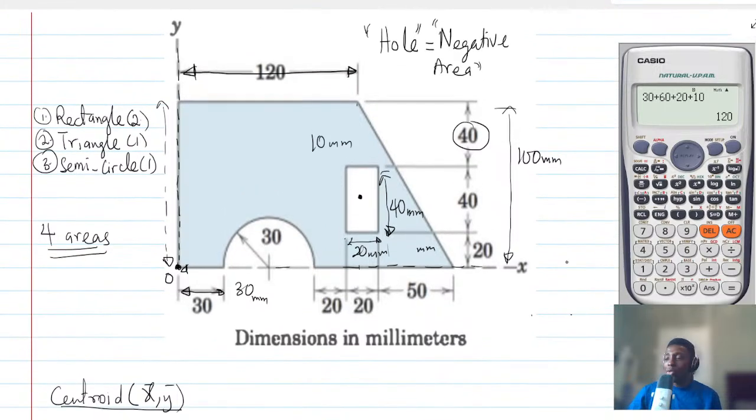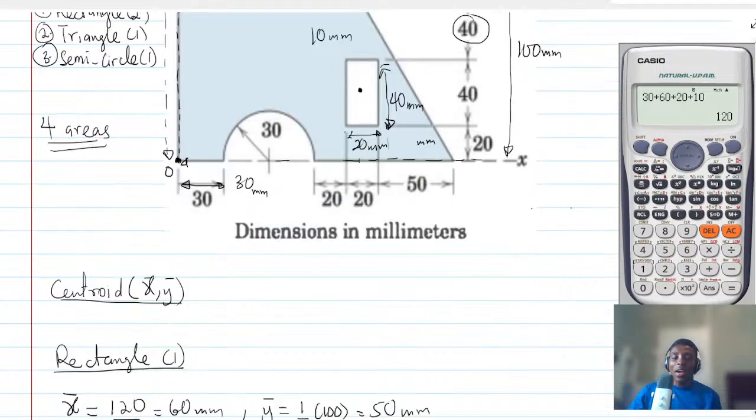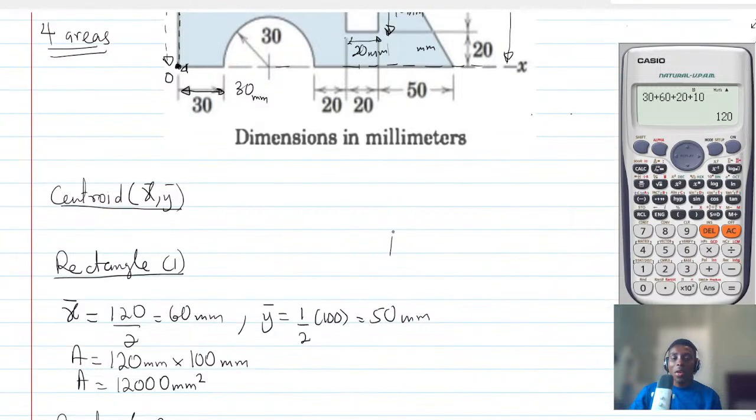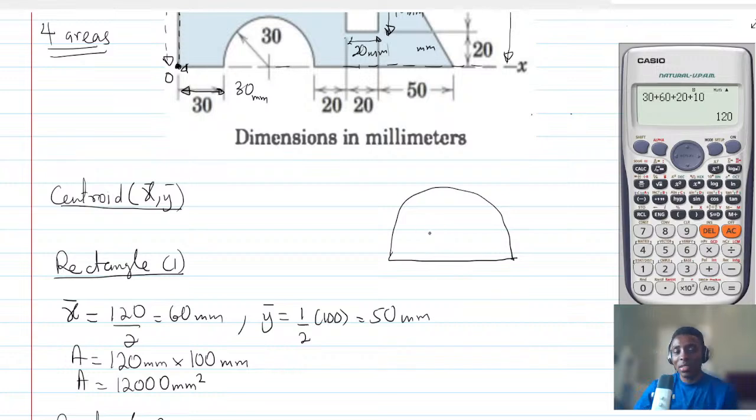This is very confusing. It creates a lot of confusion among students. So please pay attention. It is not 30. So let me give you the solution. Whenever you have a semicircle, the Y bar is actually a certain distance,